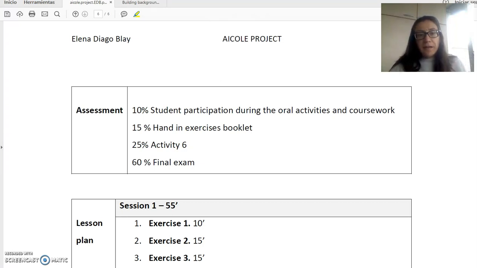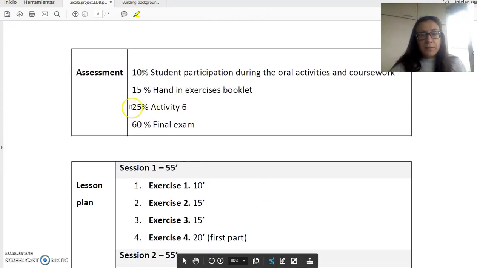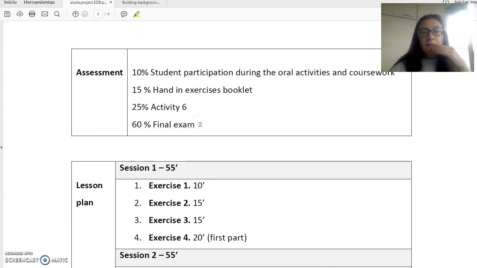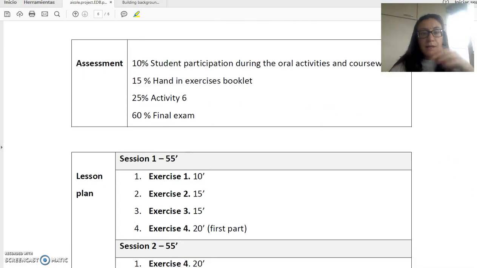Well, 1 to 5. Activity 6 is going to be 25% of the assessment. And it makes sense that it's so high because it has lots of work, and it